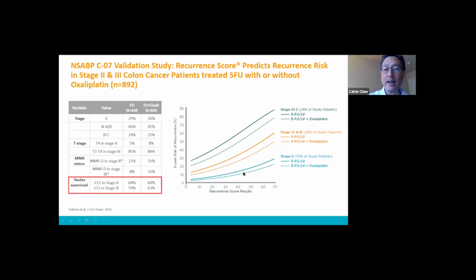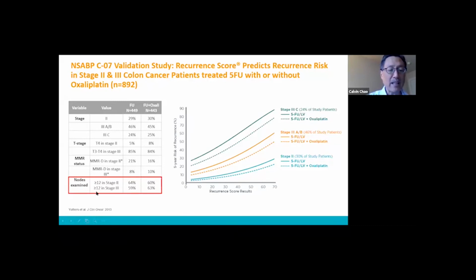So if you would not actually use oxaliplatin in some patients in stage 2, why would you want to do that in the low recurrence score stage 3? So this really, I think, gives you a nice visual comparison of how one might want to reasonably approach patients'